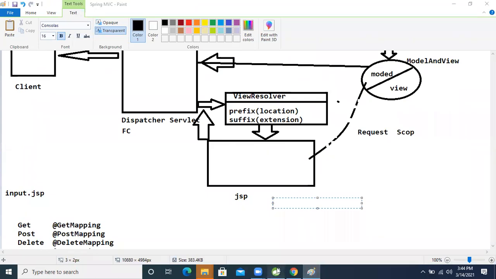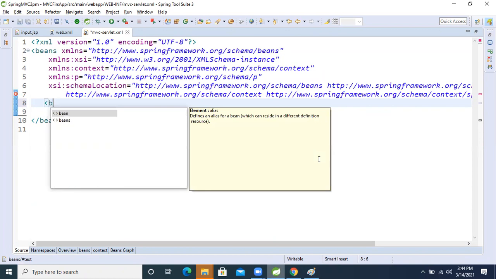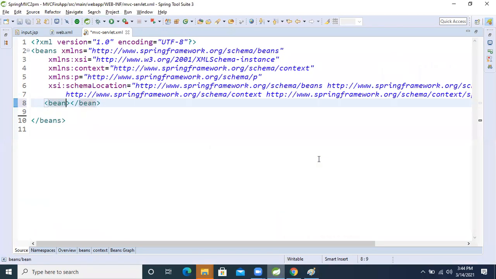So how will we do it now? Here I'll take the p namespace and c namespace, right? We will take the bean tag. Inside that, id equals resolver, I'm just taking a name. After that, the class tag.